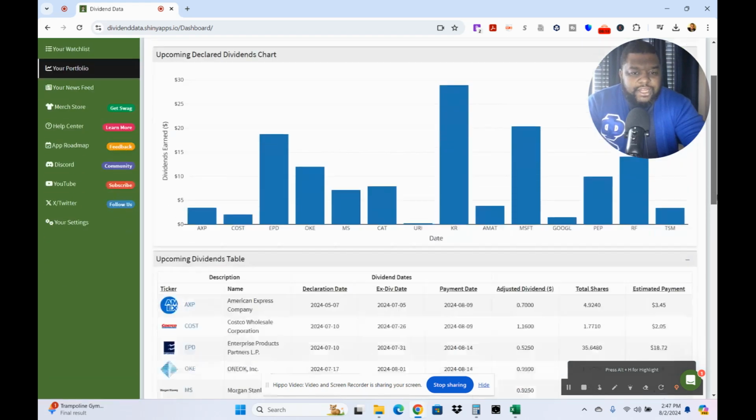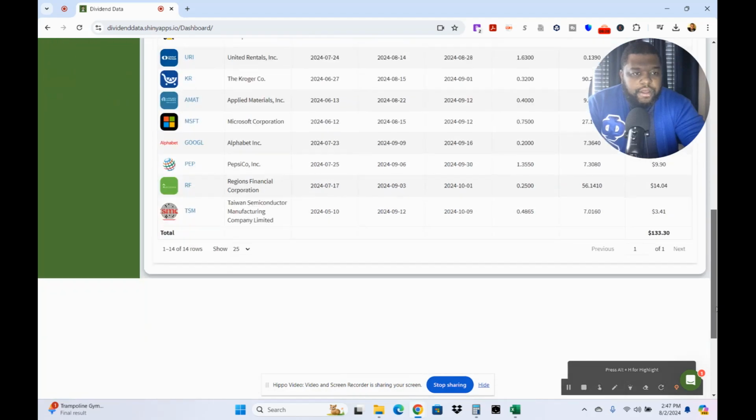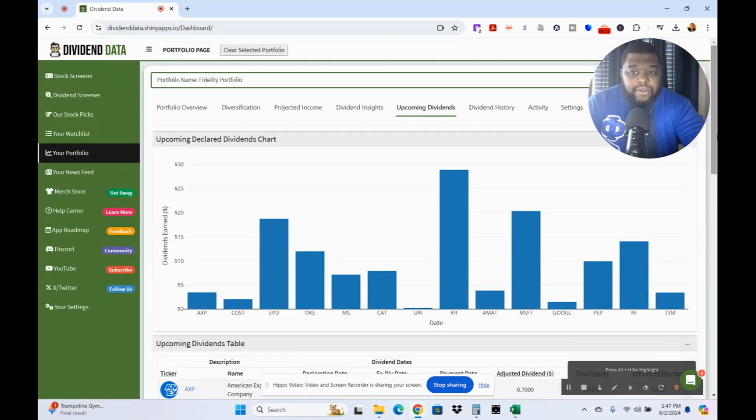So to look at the chart, here is my chart of dividend payments. Right here are my upcoming dividends that are going to be paying me next month, and then in my third month, as you see, Kroger pays me a lot of money. Microsoft pays me a lot because I've invested over $10,000 in Microsoft. Pepsi, I've been reinvesting my dividend. I've been investing roughly $100 into Pepsi per month, and I've also been investing a lot into Regional Financial, and most importantly,